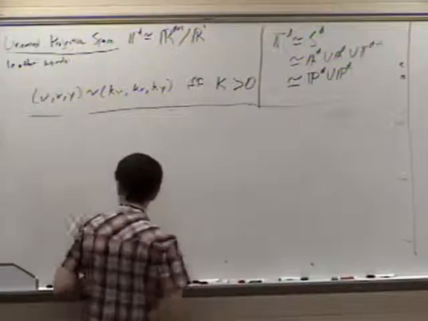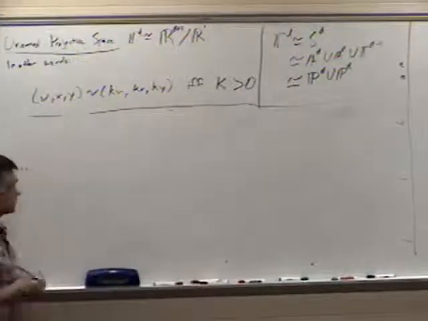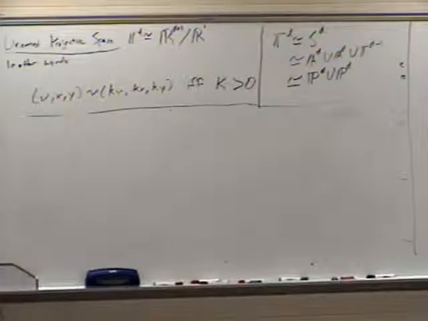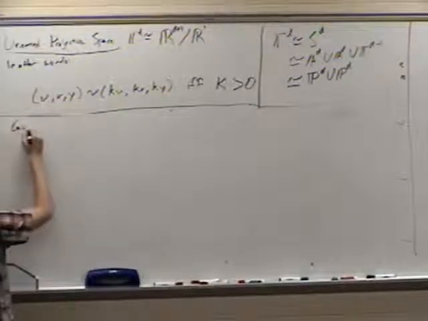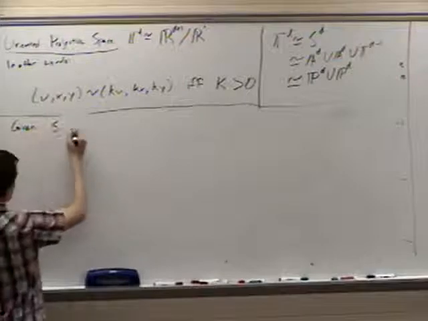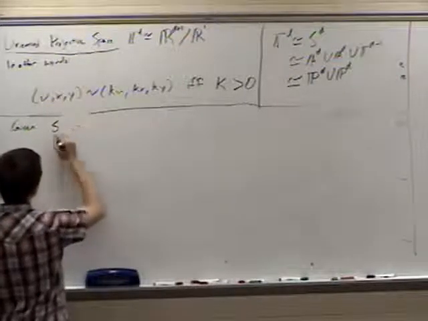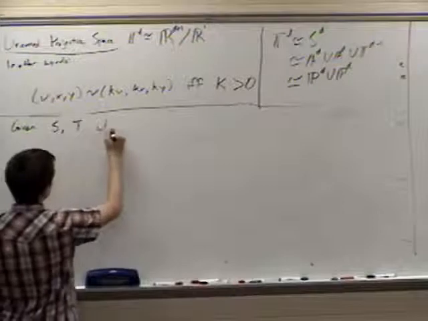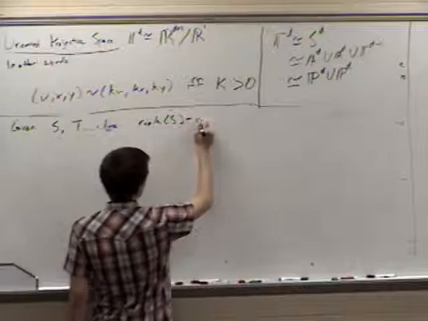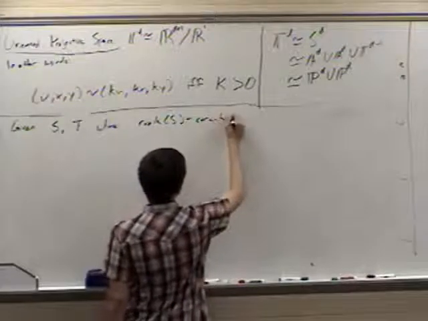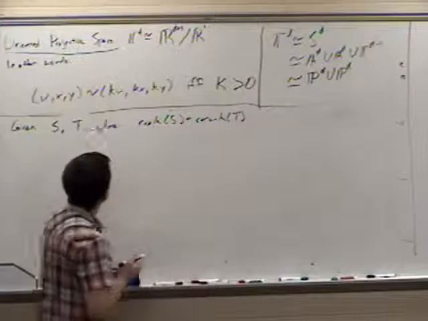So the way to make sense of this formally, in terms of oriented projective geometry, is that we're going to imagine that we have a pair of flats where, given a flat S and another flat T, the rank of S is equal to the co-rank of T, then